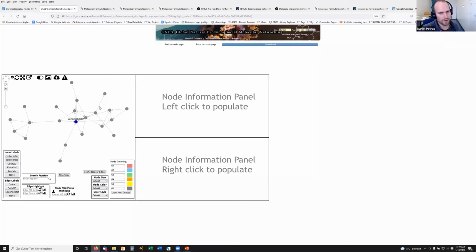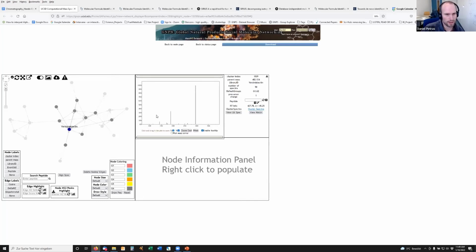And then we would see, okay, cool, here there's Yersiniabactin, or at least one of the isomers of it. And now you can basically click on this, and then